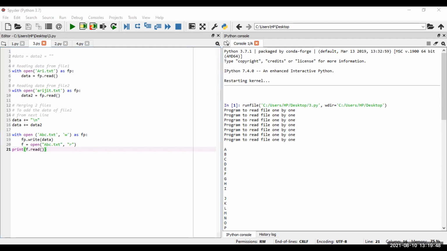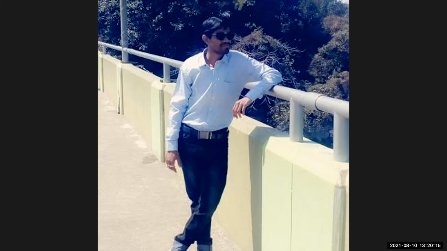So Dolly, have you finished? Yes, sir, but the file which I have just created, ABCD, in the first program, it is showing that no such file is in directory. Okay, I am going to check whatever the problems are. First I am asking, have you finished copying the code? Yes, sir. Okay, now I am going to stop the share screen, and first we'll check Nishu. Nishu, you can share your screen and let me check if there is any problem or not.